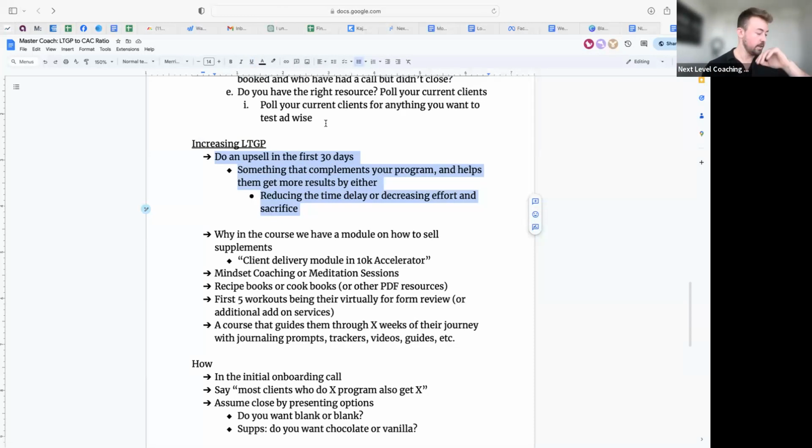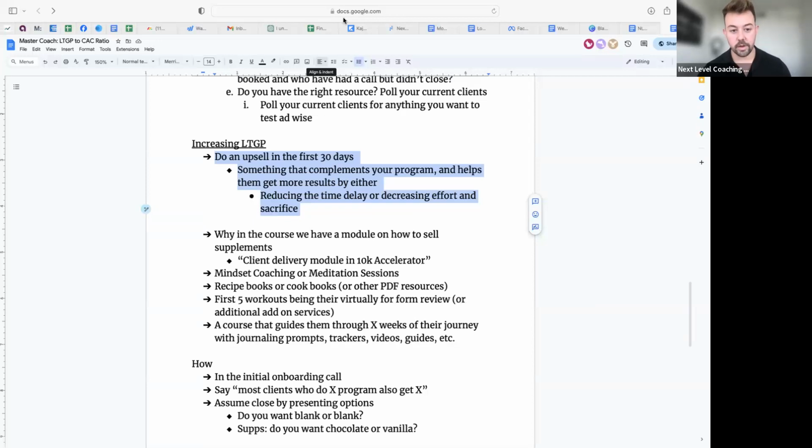Your people are going to be most apt to want to give you referrals and to want to continue to purchase within the first month. Why is that? Because that's when excitement is most high. There are 2 points where excitement is most high. One, when they just join your program, and 2, if and when they get results. Those are the points that you can capitalize on continued sales, whether that's referrals or having them buy something else that's within your program.